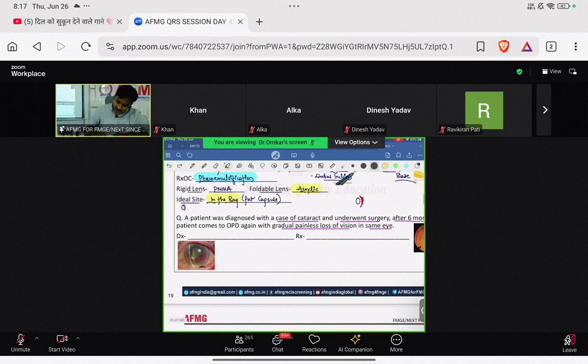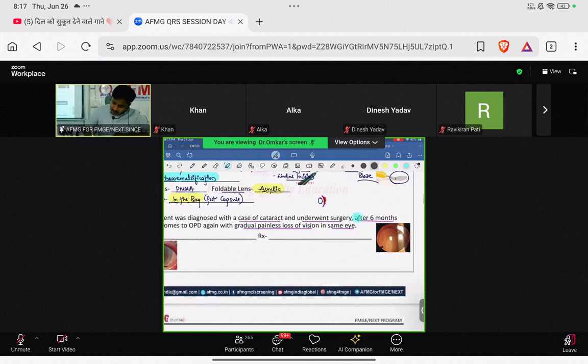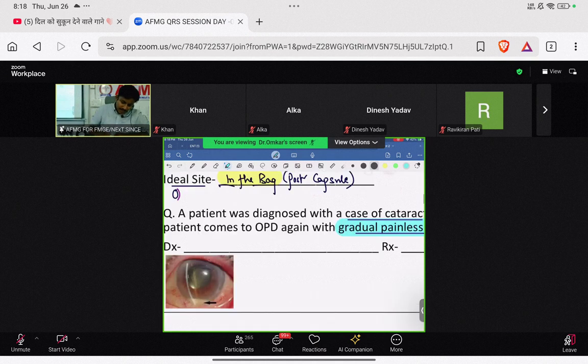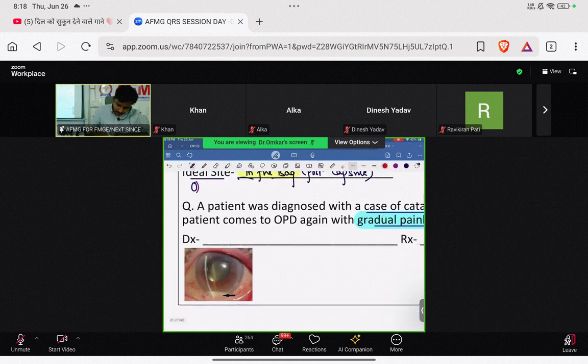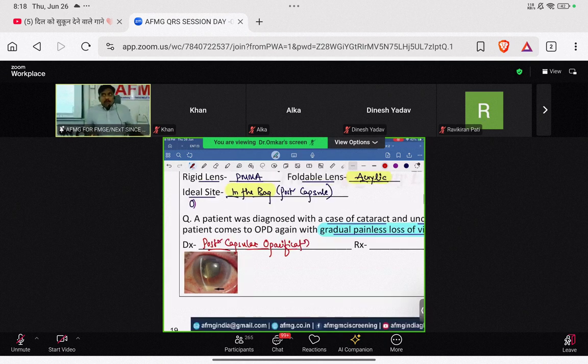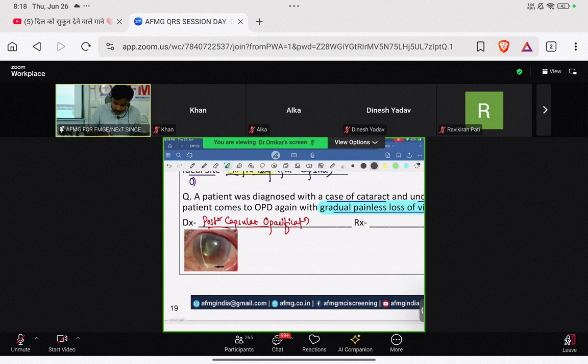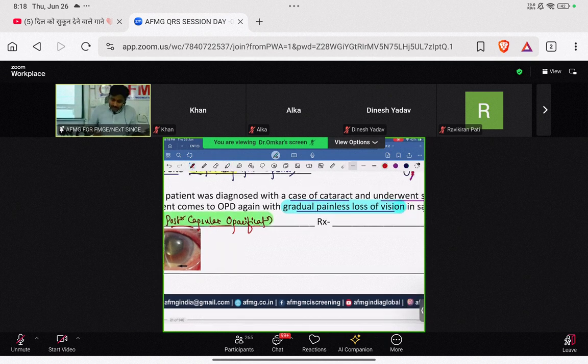Clear? तो याद रखना, अगर कैटरैक्ट सर्जरी की हिस्ट्री देखिए, वो बोल रहे हैं कि after 6 months of surgery patient comes to you with the same complaint, so please remember the diagnosis has to be nothing else but posterior capsular opacification or a secondary cataract. If they ask you, beta, there are two types of posterior capsular opacification that we have. One is called Elschnig pearls, and second is known as Soemmering rings, beta.